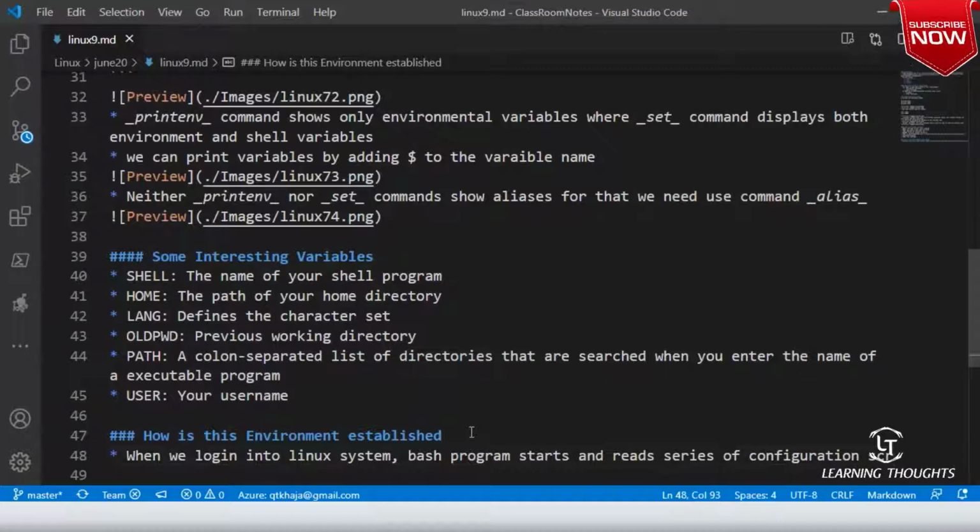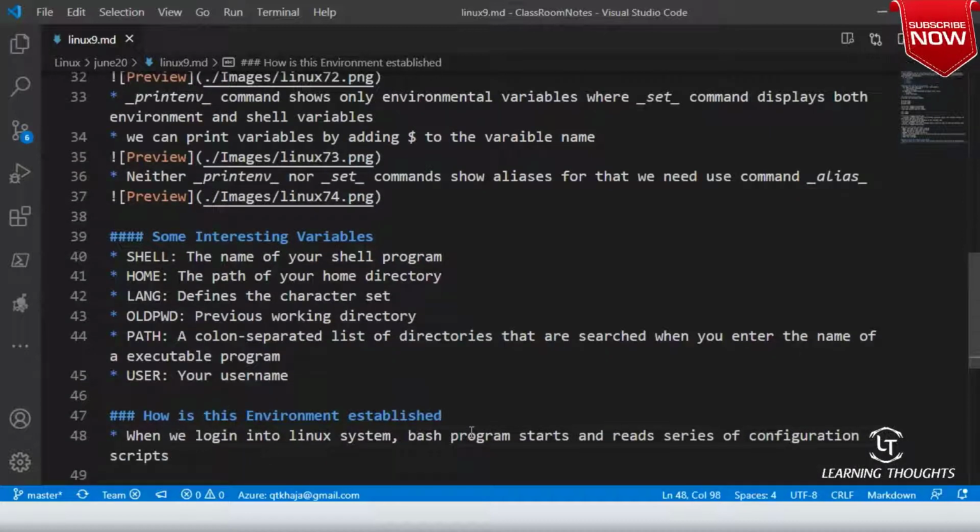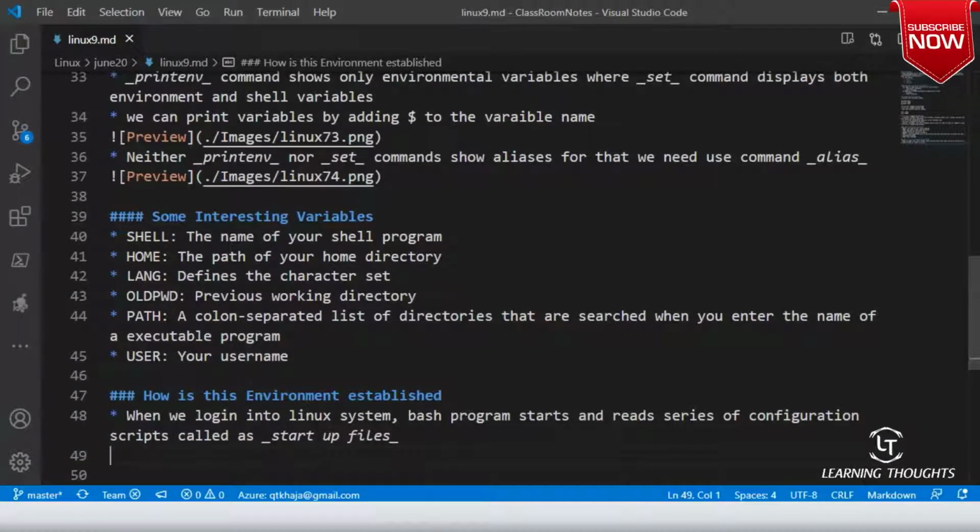These scripts are what we call startup files. When we log in to a Linux system, a series of configuration files are read by Linux, and those are called startup files. This is very, very important. Please understand this. If you understand this, most of your problems will be solved.